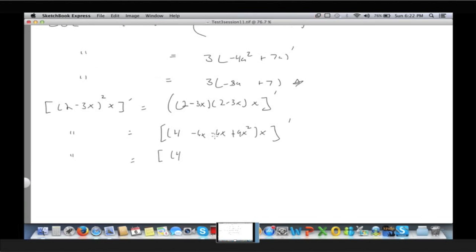Negative 6x minus 6x. Okay, so now we can distribute. So we have 4x